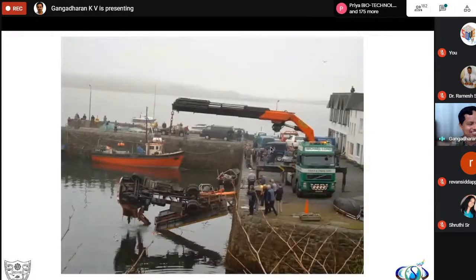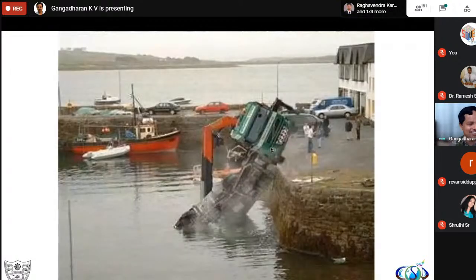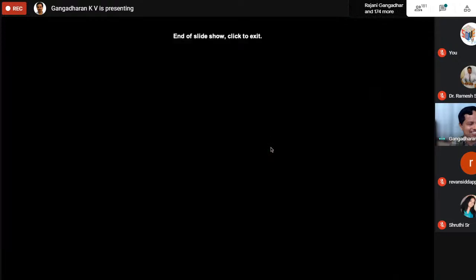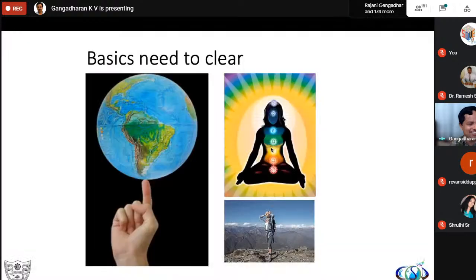Now we have another problem. And we are so good at creating problems and trying to solve them. Plastic is one good example. We create a problem and try to solve it. Now we have created one problem and this needs to be solved. So we have a much better tool and I'm sure that the tool should do its work. So be very clear. A tool is going to help as long as you know the basics. And never ever think that an advanced tool will help you get things done.